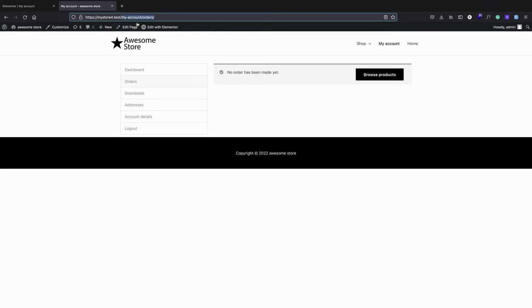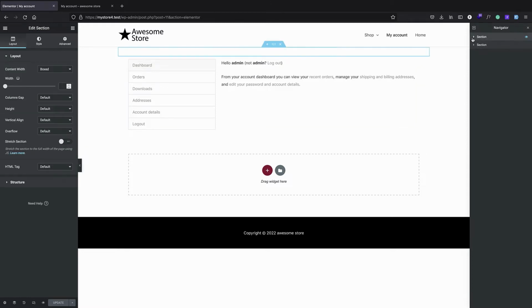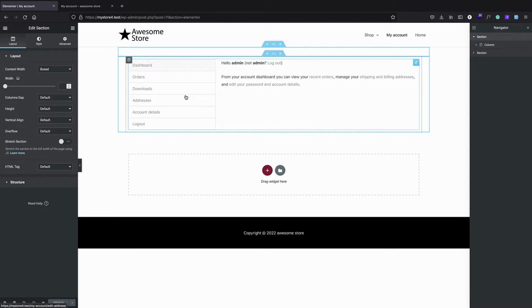So I can just copy orders, but we want to have all of them here, and then we can just create links that will switch the shortcode, actually switch the page to the section, and the shortcode will also change, or the content of the shortcode, of course, will change, and that's super cool. So now if we want to have this section here, that's fine. We can just start creating our own menus, our own buttons there, and each one of them will, of course, change the content. So here, for example, I can just